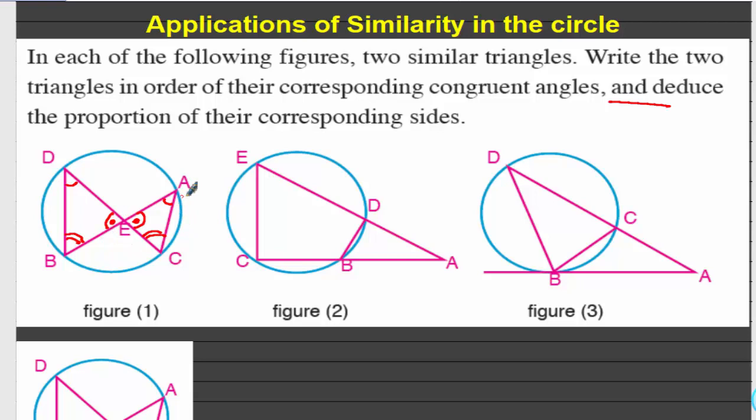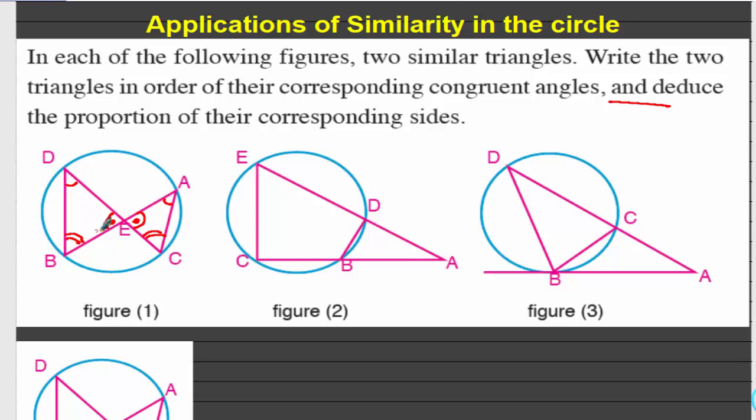So the two triangles ACE and DBE are similar. Why? Because the three angles in the first triangle equal the three angles in